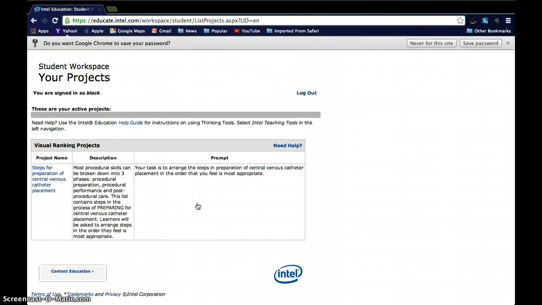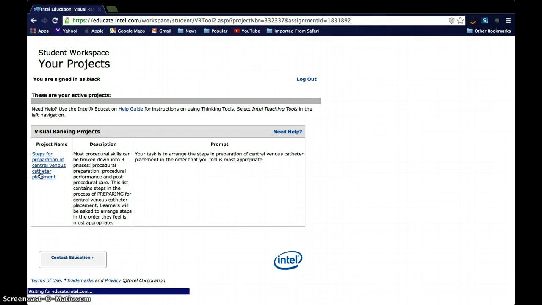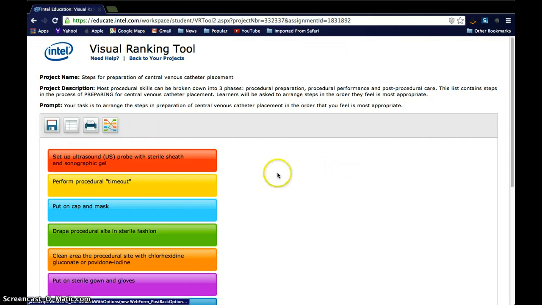in. Okay, and there you see the assigned project to your group, the steps for preparation of central venous catheter placement, and if there were other projects that they were assigned to, that would also show here as well. Okay, now the student would simply click on the project name and they are taken to the project, and this is what they see: the project name, description, and their prompt, all the things that you had entered when preparing